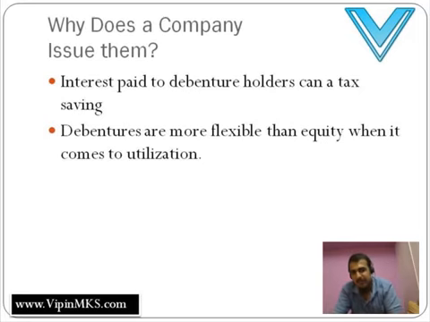One, the interest paid to debenture holders, from the company point of view, happens to be a form of tax saving. Now, let's say I'm required to pay 25,000 rupees this year as income tax. If I show the education loan that I'm repaying or a housing loan that I'm repaying, the interest charged on these two loans, I can show the income tax department and reduce my tax liability. Just like that, companies can reduce their tax liability by showing that this is the amount of money we repay to our debenture holders.